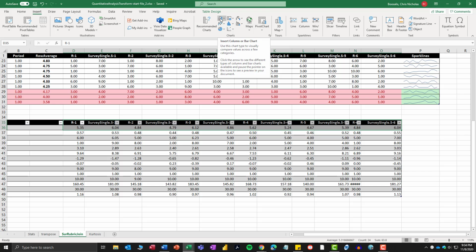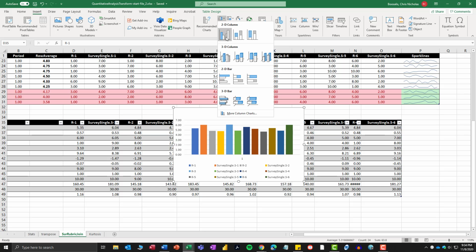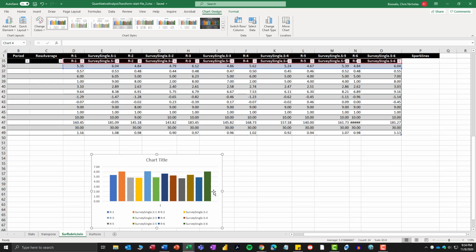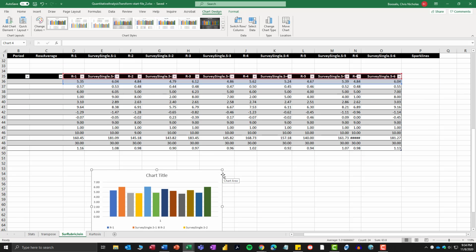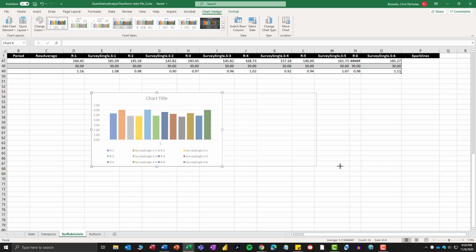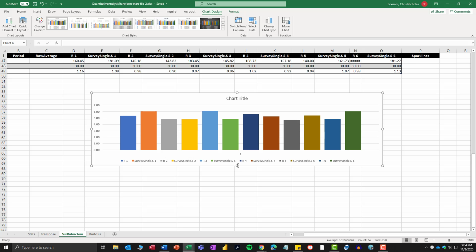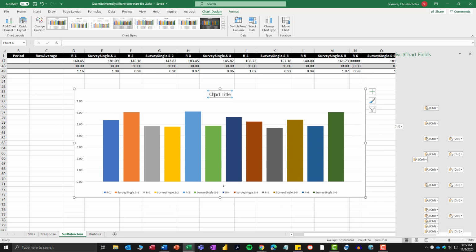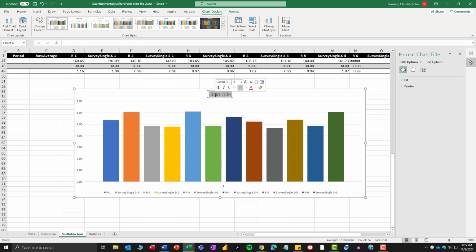And so I will click on insert bar chart, and this is going to give me a look at what the averages were for each one of those rubric scores. It's just easier to do it that way. And so I will double click on the chart title, as you see here, and I will just say bar chart